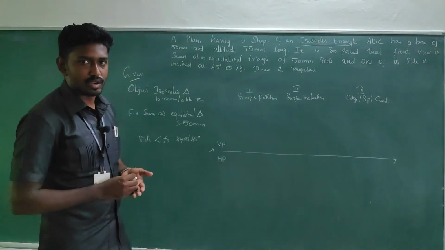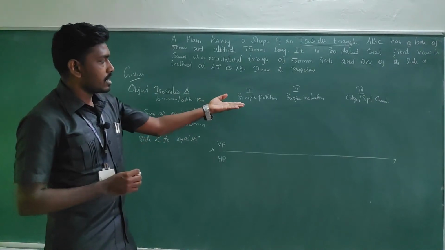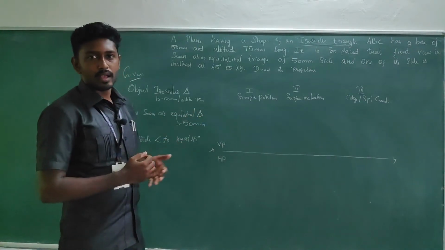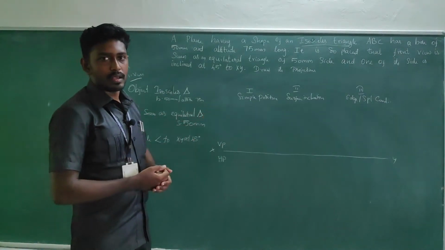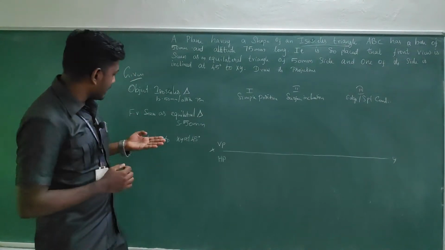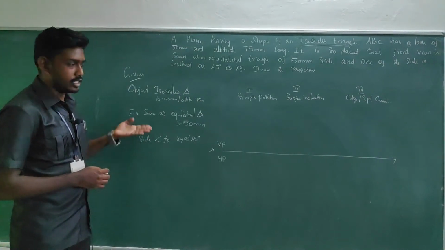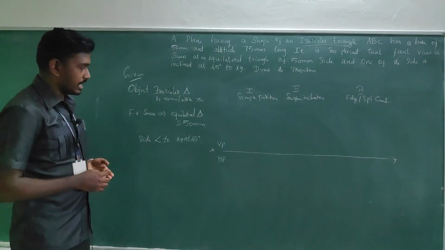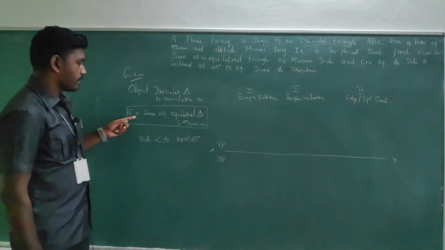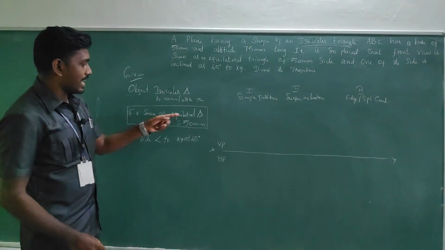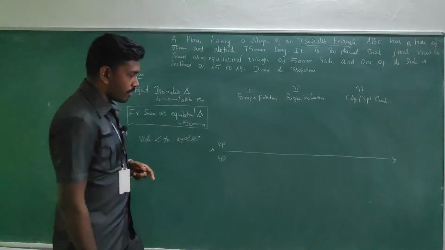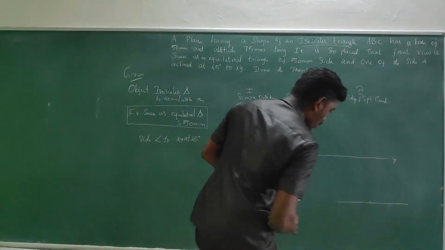That means if the surface is inclined to HP, we take the assumption the surface is parallel to HP. If it is inclined to VP, we take the surface as parallel to VP. So based upon that, we take the things. But here the surface inclination is missing. There is no detail about the surface inclination, but for that an additional clue is there. The front view is seen as an equilateral triangle of side 50 mm.